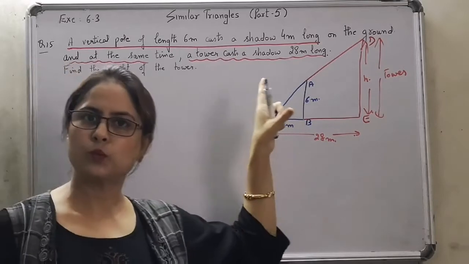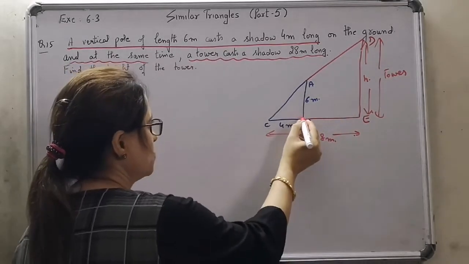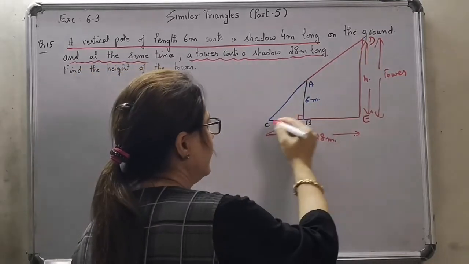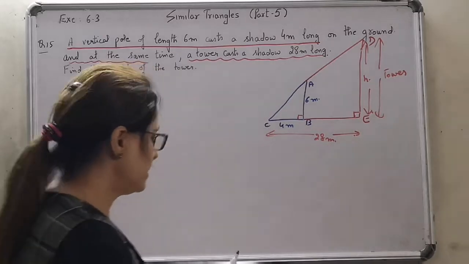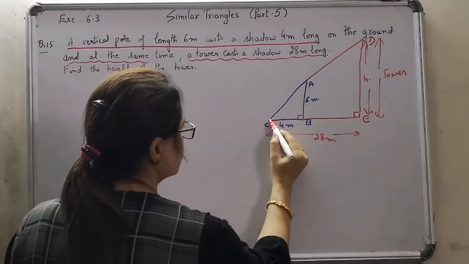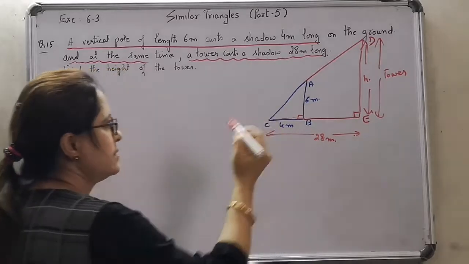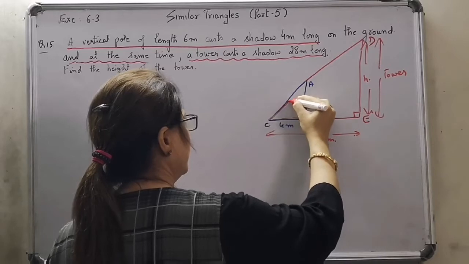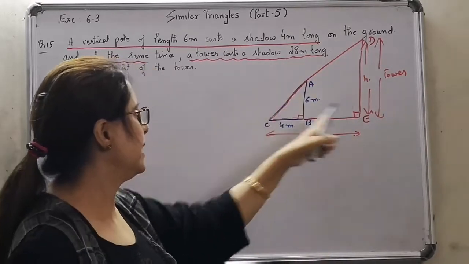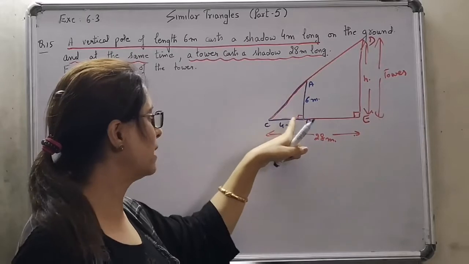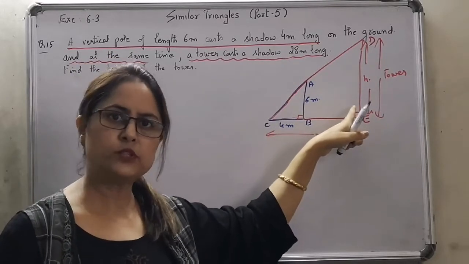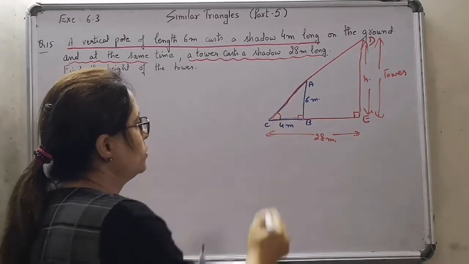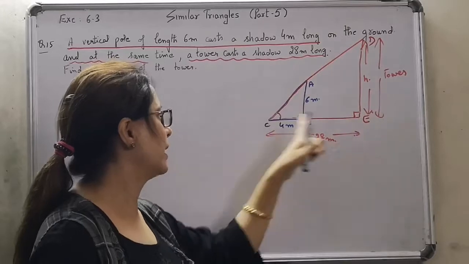As you know, anything that is vertically standing on the ground is at right angles to the ground. Because of this, angle ABC will be 90, and over here angle DEC will be 90. Now you can see two triangles. One is the blue triangle ABC, and the other one, you can consider the red part, is triangle DEC. In these two right triangles, angle B is equal to angle E, 90 degrees each, because both of them are vertically standing on the ground. And angle C is common to triangle ABC as well as to triangle DEC.